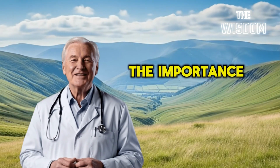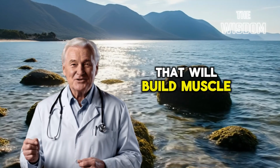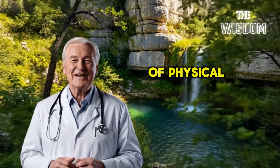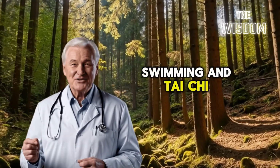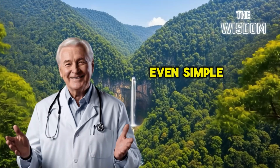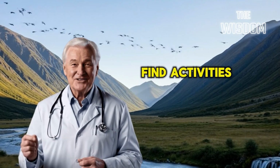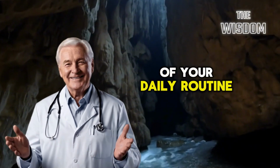And let's not forget the importance of movement. These vitamins are not magic pills that will build muscle on their own. They are the essential tools that your body needs to respond to the stimulus of physical activity. Gentle exercises like walking, swimming, and Tai Chi can do wonders for your leg strength and balance. Even simple activities like gardening or dancing to your favorite music can make a difference. The key is to find activities that you enjoy so that movement becomes a joyful part of your daily routine,